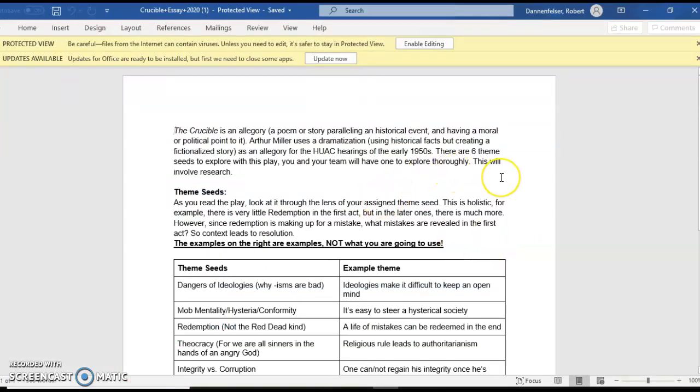Alright, so Crucible is an allegory, a poem or story paralleling an historical event and having a moral or political point to it. Miller uses a dramatization, and again, he's using historical facts to create a fictional story. In reality, there was no love affair between John Proctor and Abigail Williams. Abigail Williams was 11 years old. Okay, so as the allegory for the HUAC hearings, which again, the House Un-American Activities Committee of the early 1950s,